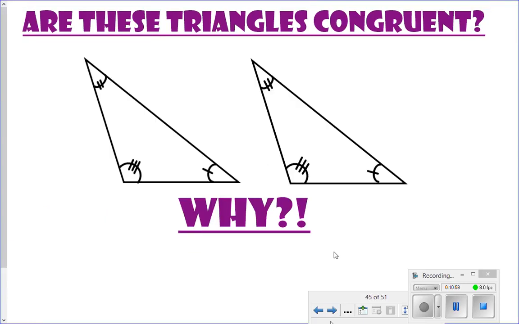Okay, next one. So in the triangle on the left, I see angle, angle, angle, and on the triangle on the right, angle, angle, angle. Angle, angle, angle is not a way of proving triangles are congruent. So are they congruent? Not necessarily,